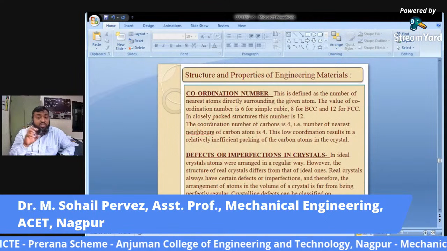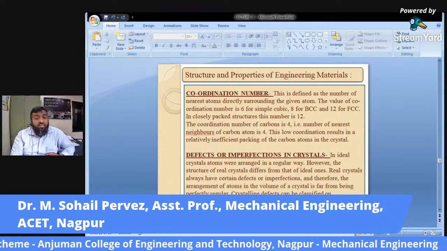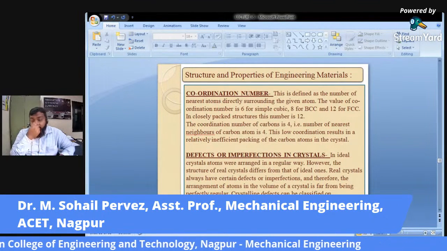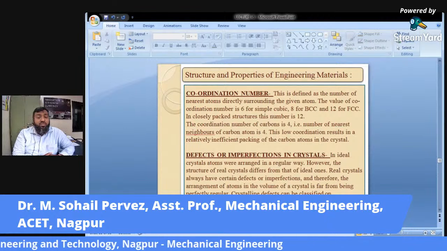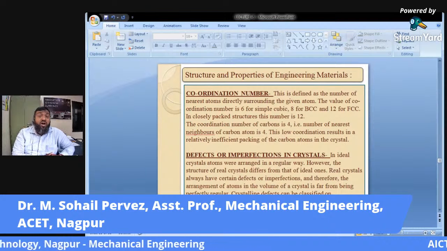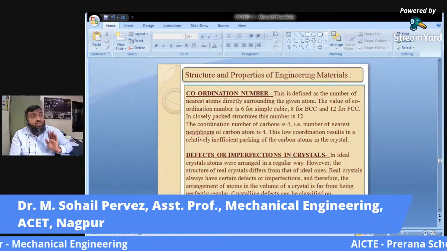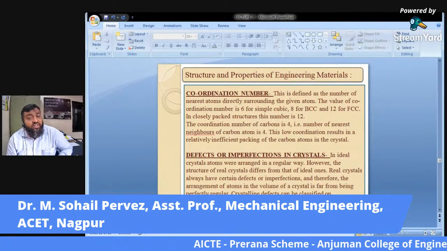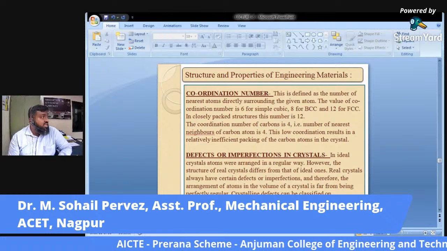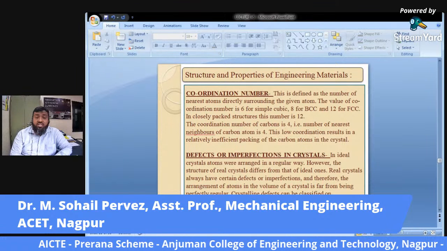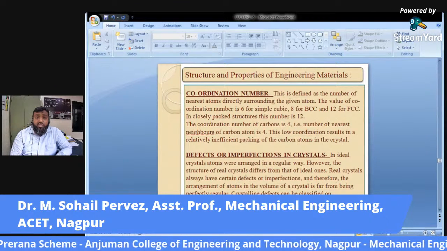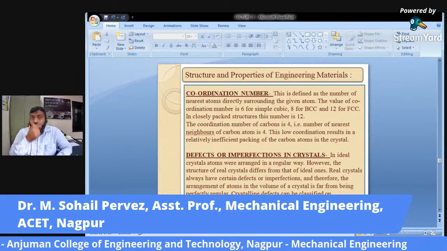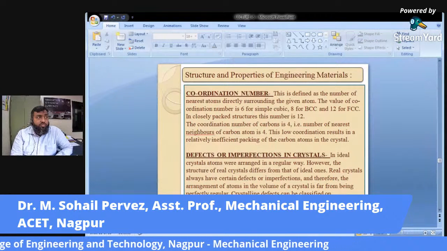However, the structure of a real crystal differs from that of an ideal one. Real crystals always have certain defects and imperfections, and therefore the arrangement of atoms in the volume of a crystal is far from being perfectly regular. Now, as far as defects are concerned, we see defects in mechanical engineering causing creep, causing the failure